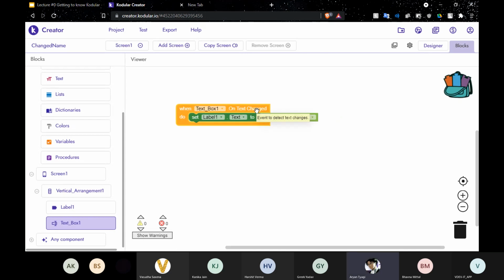Have you all made this? Yes. And have you all tried it on the companion application? Please respond. If you have not downloaded the Cordular companion, you can do it later. But please do confirm कि आपको designing में और coding में कोई problem तो नहीं आ रही है. Please do confirm this.